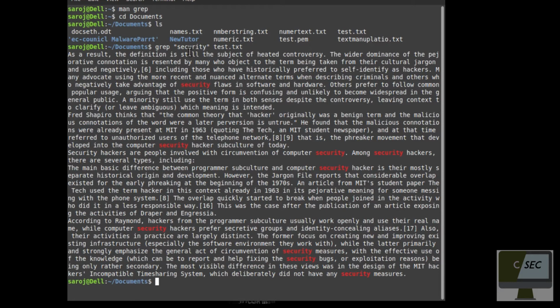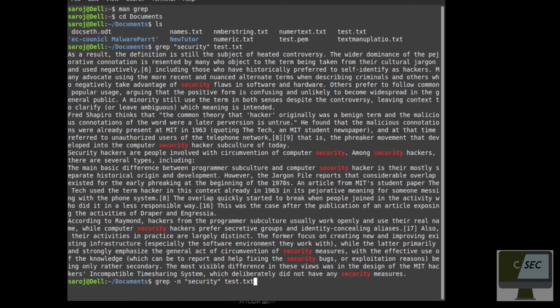Okay, so if I want to print out those line numbers which have security, then we have to do grep -n security and our text file.